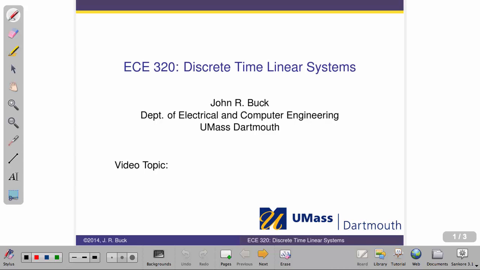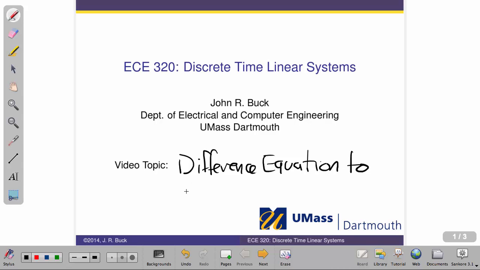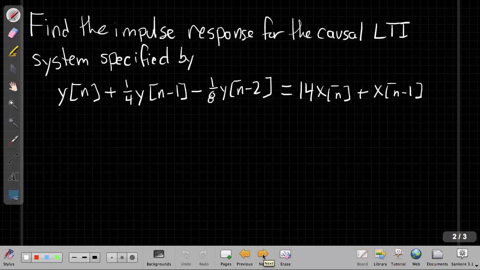Tonight I'm going to show you an example of how we can use the Fourier transform properties to get to an impulse response from a difference equation. So tonight's topic is going from a difference equation to an impulse response. Okay, and the example we're going to do is just to find the impulse response for the causal linear time